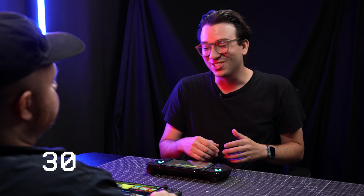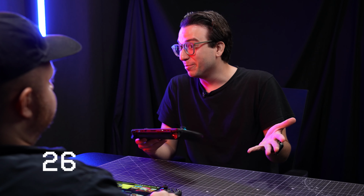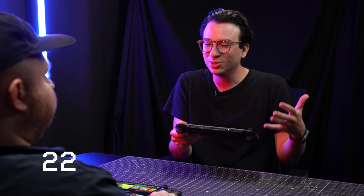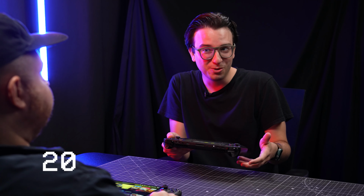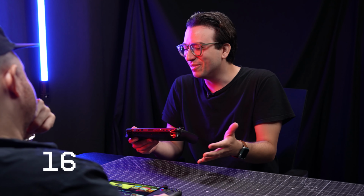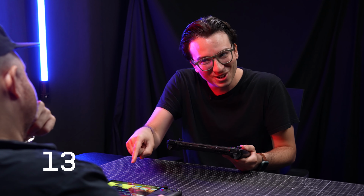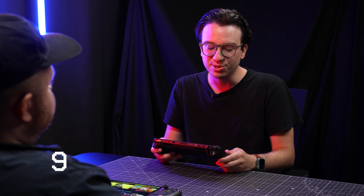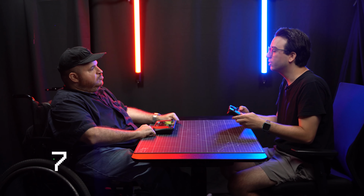All right, 30 seconds on the clock. Here's why that doesn't really matter. Sometimes you do want to play games at 1080p. I'm playing Red Dead Redemption 2, I want this to feel like a AAA console on the go. And sometimes I do want that extra screen fidelity. You can't get that there, even if you did have the performance, which you don't. I think the Ally X, especially now with its upgrades, is closer than ever to giving you a true console experience